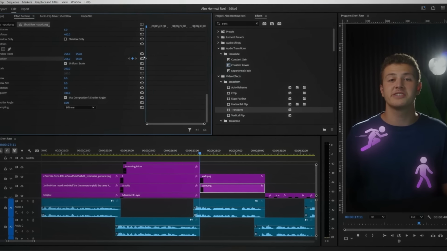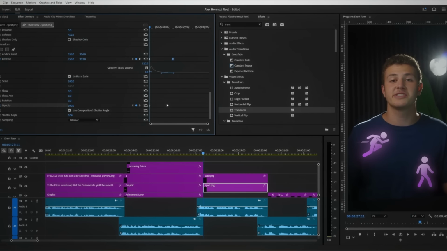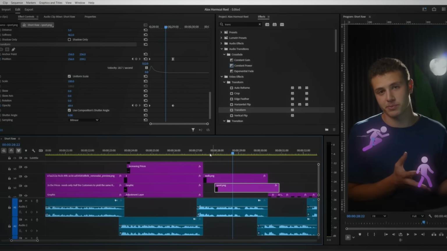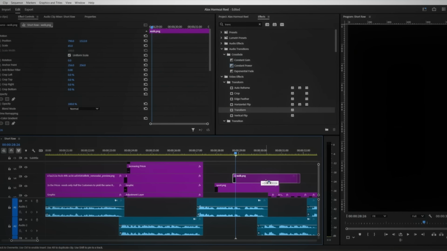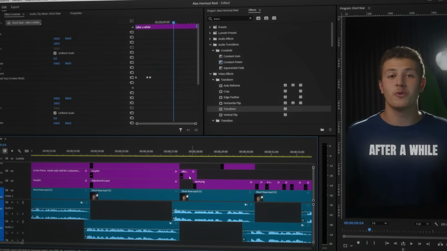Now let's quickly add an animation, add the transform effect, keyframe the position, move back, start it slightly lower, and smoothen your pop-up animation. And double down on it with a nice opacity fade-in animation. Copy and paste the same animations for the walking icon, and start the sprinting icon over here and the walking icon back here. Now for the text, simply grab the text we made all the way back here, duplicate it